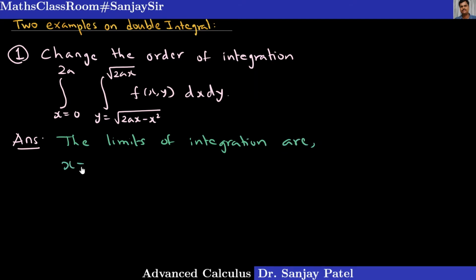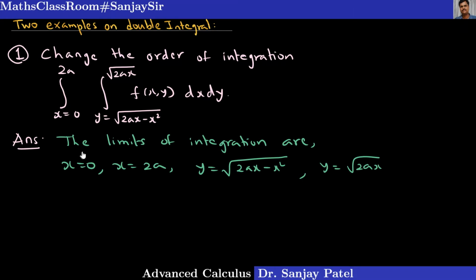x is equal to 0, x is equal to 2a, the curve y is equal to square root of 2ax minus x square, and y is equal to the curve square root of 2ax. Let us understand what are these curves actually. So I will be writing this way. Say for this curve,